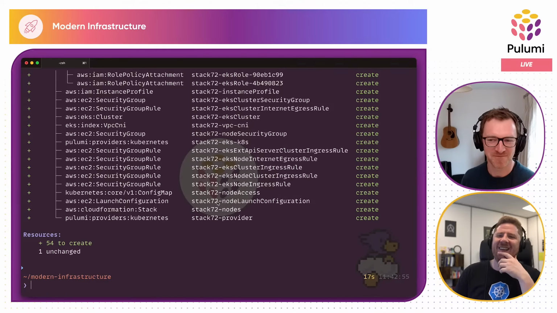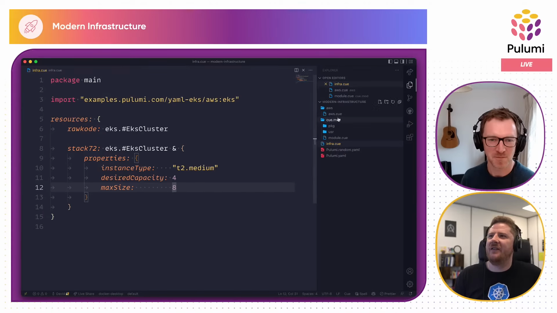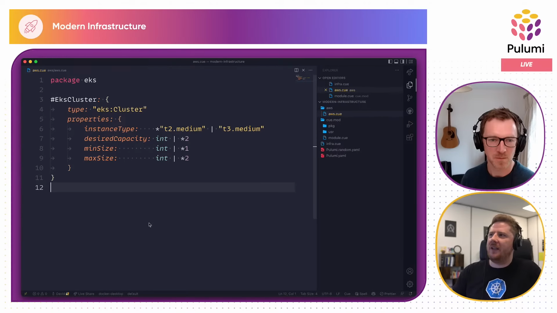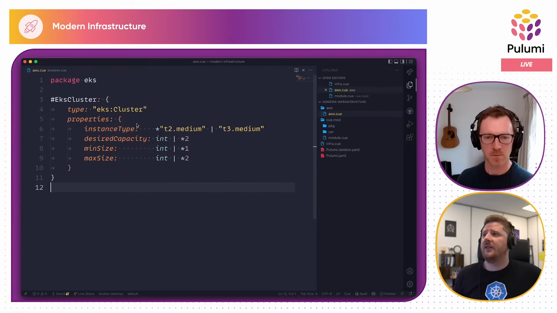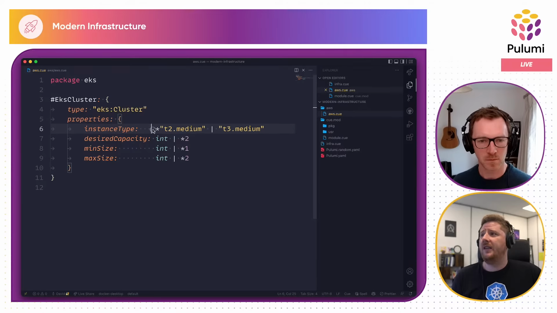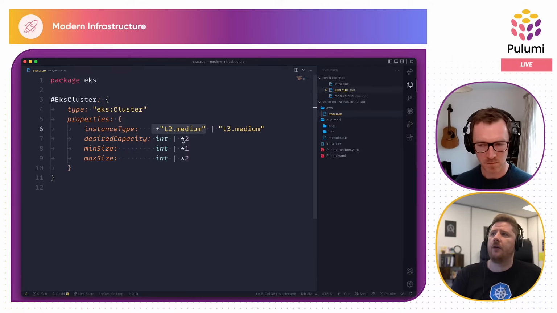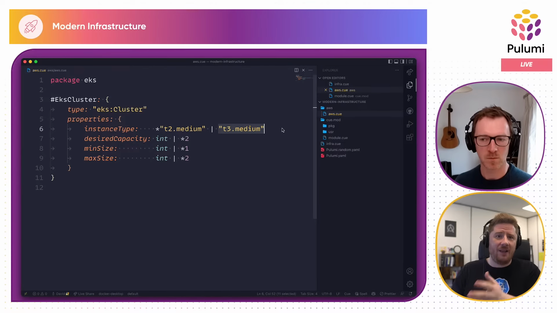Very nice. Yeah. The definition for this, which we looked at very briefly, right now it's not doing anything too fancy. Of course, we could add more and more to this. I'm using this for defaulting and constraints. So I'm saying that if you don't provide an instance type, then we're going to default, which is the star in Q, to a T2.medium, but we also accept a T3.medium. So I'm actually applying constraints. I'm not giving them carte blanche here. I'm saying on this cluster, you can only use T2s or T3 mediums, and that is all.